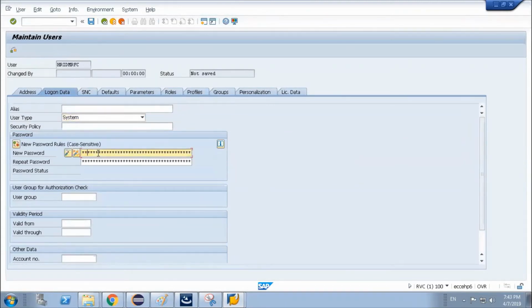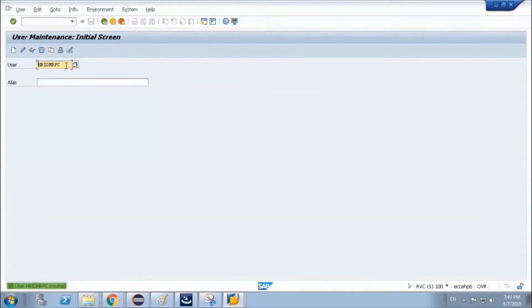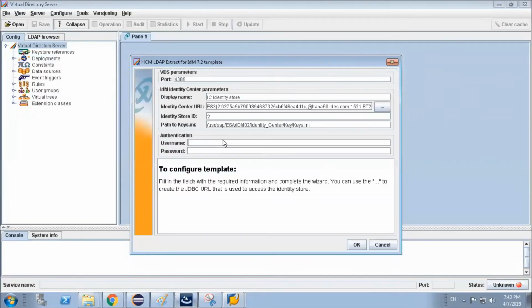Login details SAP IDM *1. So this ID we have to maintain over here, and the password. This information is needed for our HR connection.